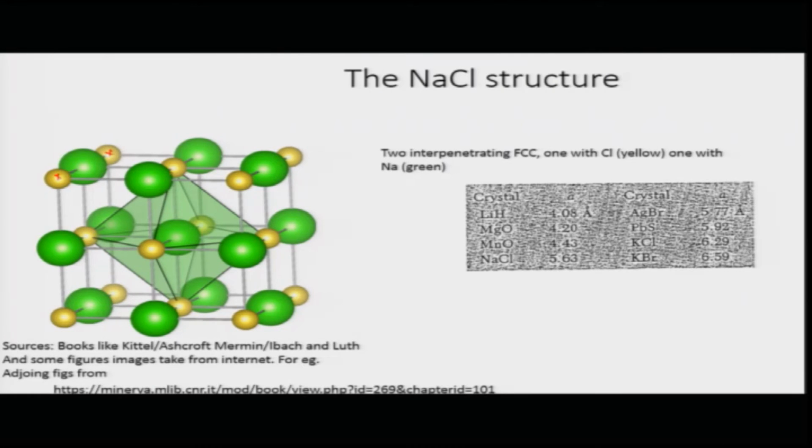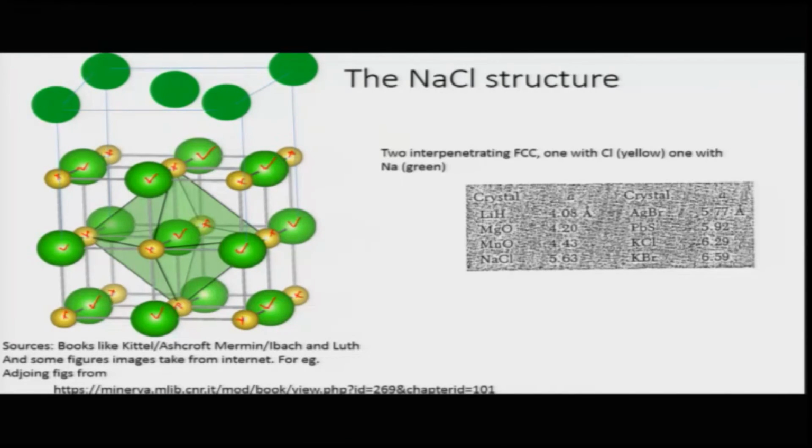If you look at the distribution of these chlorine atoms, this certainly looks like an FCC structure. They are sitting at the corners and on the faces of a cube. So, this is your FCC structure. And if you look at the distribution of the sodium atoms, which are the green atoms, these also sit on an FCC structure, where if I draw the next set of atoms, or the lattice points, then you can see these green atoms also form an FCC structure.